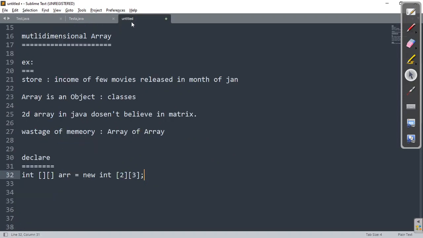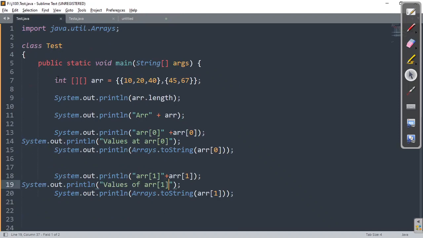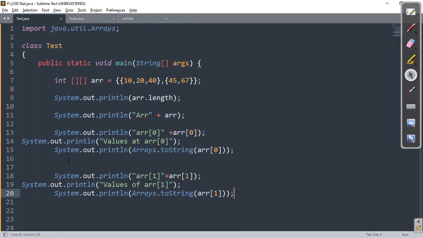I hope you could understand this concept. The major thing is hands-on activity. You need to perform all these programs so that you can understand. Now what else you can do, you can go on writing different two-dimension programs. You can input values into that using a scanner class.